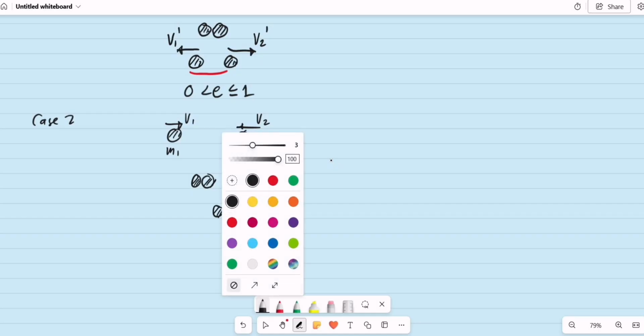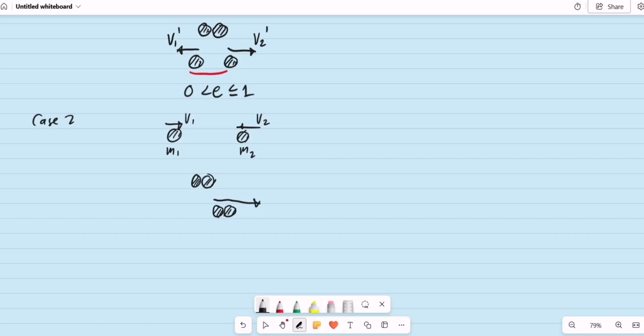If they are moving as one, the velocity of the first object, v1 prime, will be equal to the velocity of the second object, v sub 2 prime. And we may just use a single value of the velocity, v prime, since again, they are moving as one. That is case number 2, if two objects are to stick together or move as one after a collision. The value of the coefficient of restitution for case number 2 will be 0.